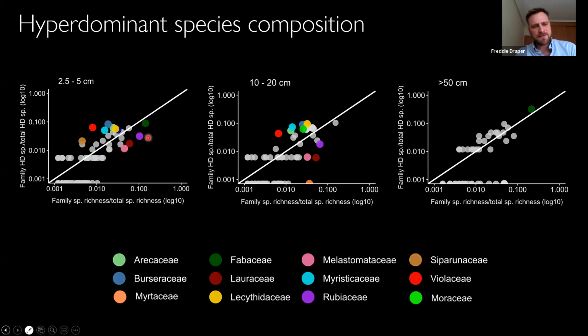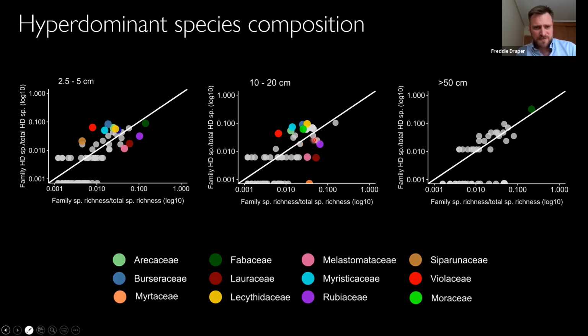The flip side of that is that we see these families that have lots of species, but very few dominant species. So again, this will be familiar to people that have experience working in Amazonian forests, but lots of Rubiaceae in this instance, Lauraceae, and Melastomataceae, really diverse groups, but no or few hyperdominant species. And as we move through size classes, this changes. So we see different things